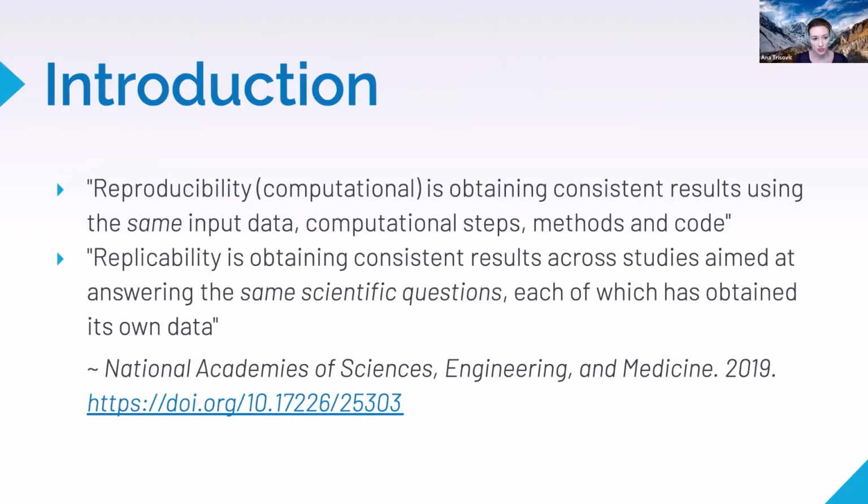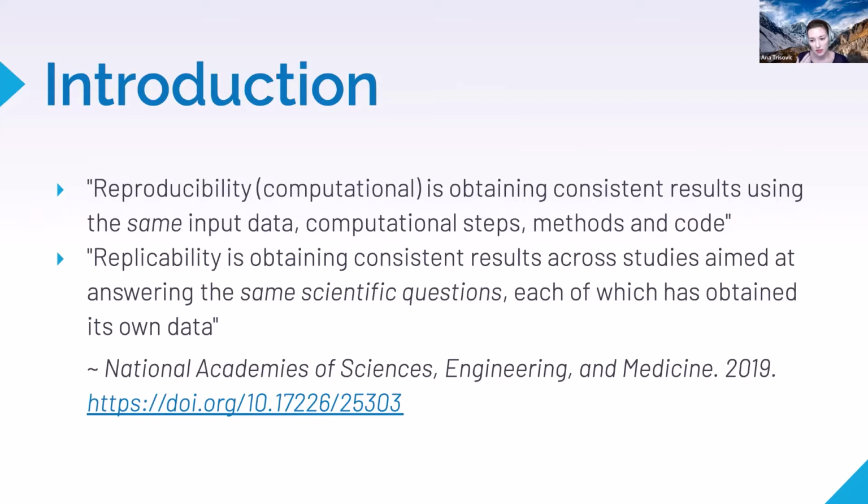So, introduction. What is reproducibility and what is replicability? It was great news that last year we had a book that actually defined all these terms, and it kind of put an end to all this discussion about what people see as reproducibility and replicability. So I'm going to cite their definitions. Reproducibility is obtaining consistent results. It's the ability to obtain consistent results using the same input data, code, and computational steps.